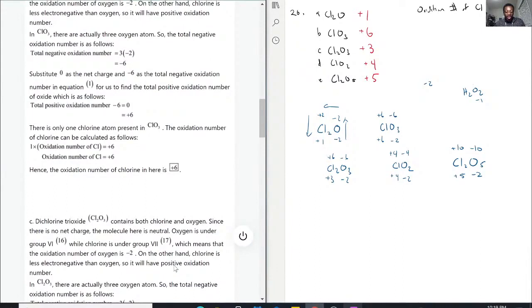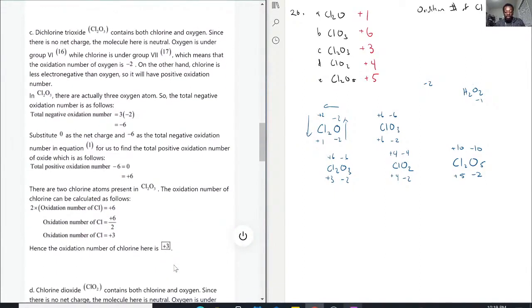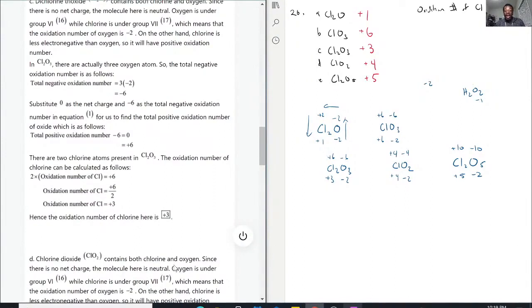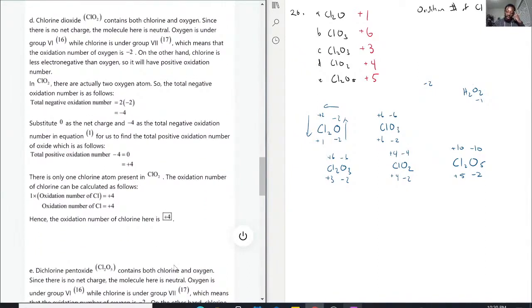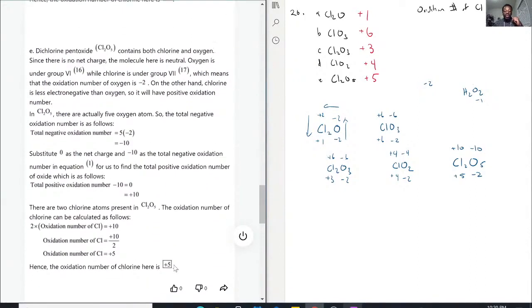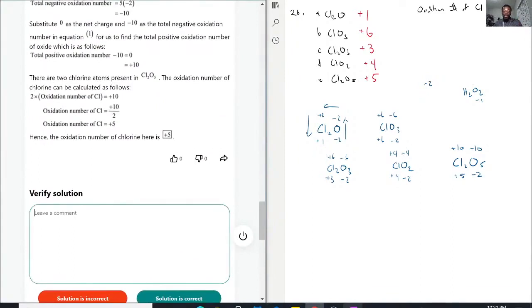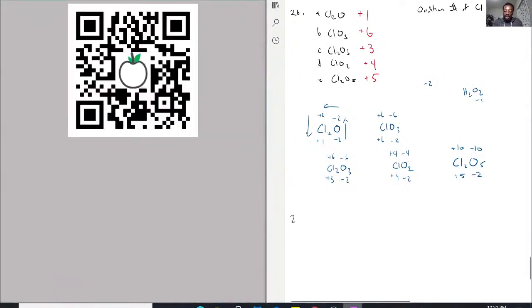The Cl2O3, as they call it, dichlorine trioxide, we get +3. Good so far. In chlorine dioxide, we get +4. So far so good. And for the last one, dichlorine pentoxide, hopefully we get +5, and indeed we do, +5. So with that being said, all of this is correct. So now we finished question 20. We're going to hop into